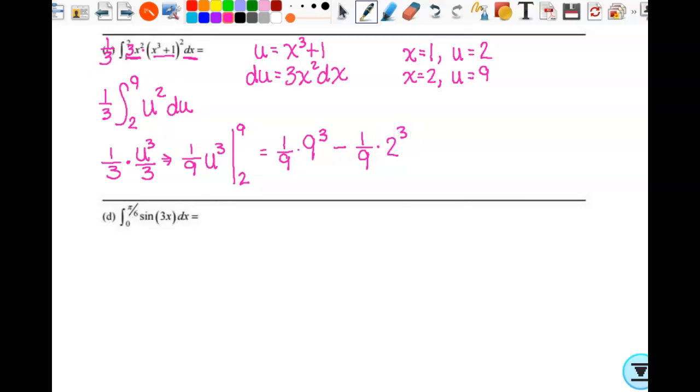Do I actually have to cube 9? No, because 9 cubed over 9 is just 9 squared, right? What's 9 squared? 81, so I get 81 minus 8 over 9. We can leave it like that, right? It's a safe stop. Or this does become 80 and 1/9. It does become 721 over 9. So if it was multiple choice, any of those could be your answer. But